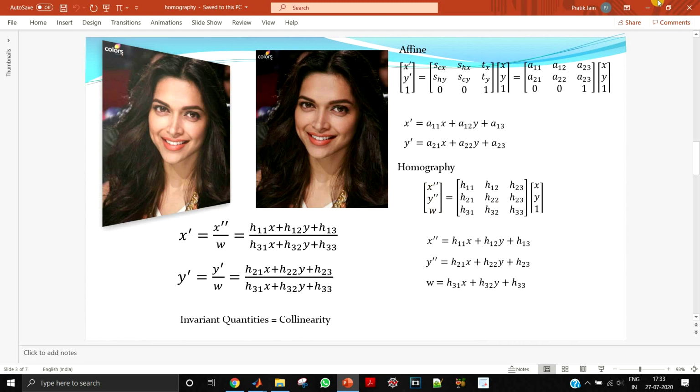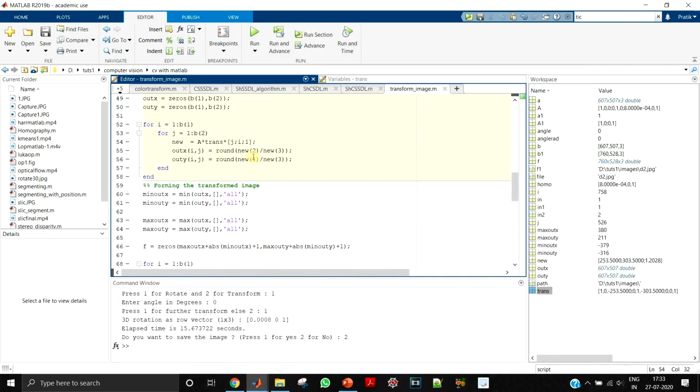This is precisely what I am doing in MATLAB. Here I have j comma i comma 1 because j is the number of columns. So columns are telling me the x coordinate, the horizontal coordinate, and i is y because it is telling me the vertical coordinate.